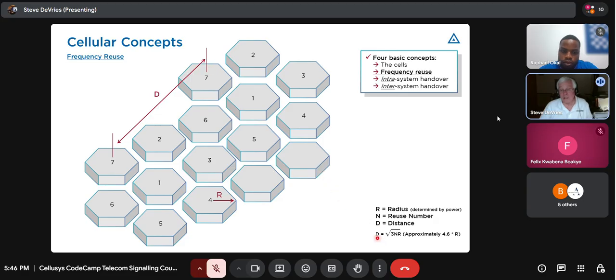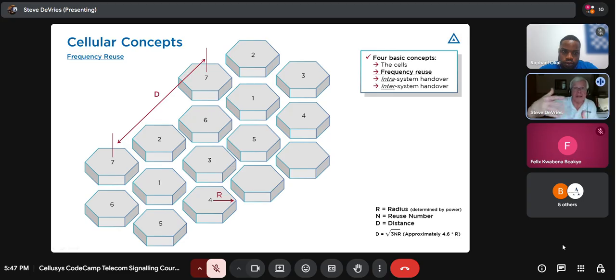Well, it comes out as D is the square root of 3 times the number of the cell pattern times the radius. And it comes out to be 4.6 times the radius. So that distance is going to be roughly 4.6 times that radius. So you can reuse that pattern at roughly, depending on your power, multiply that times 4.6, and that many